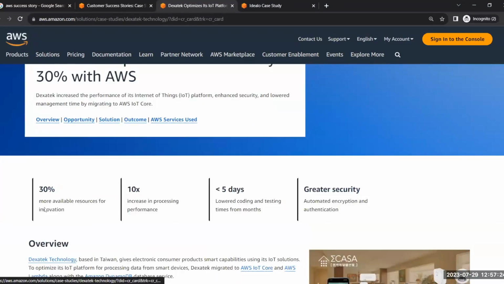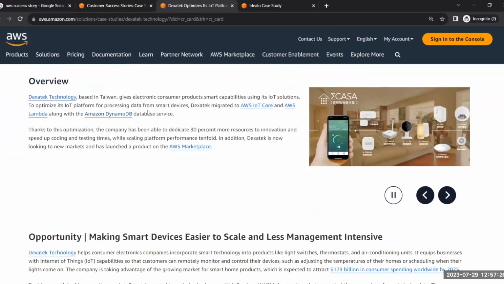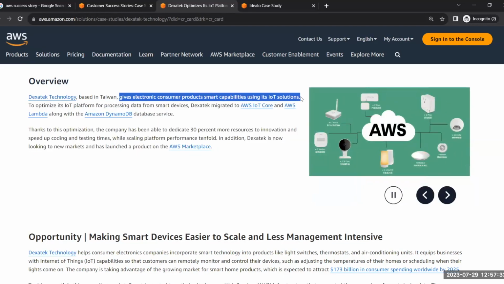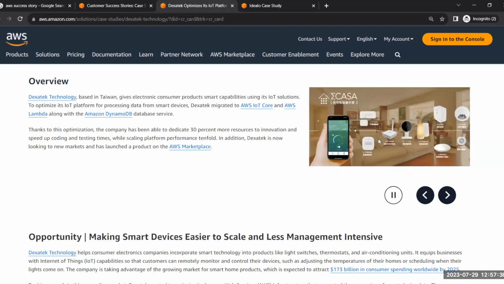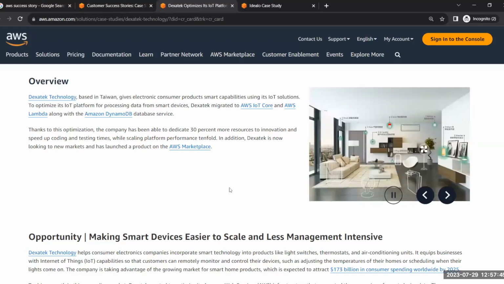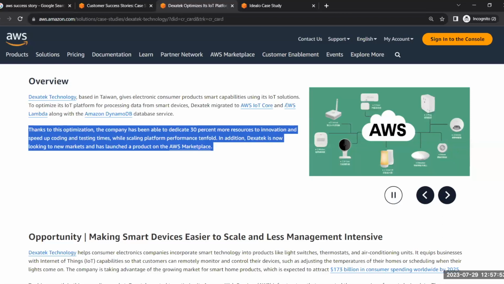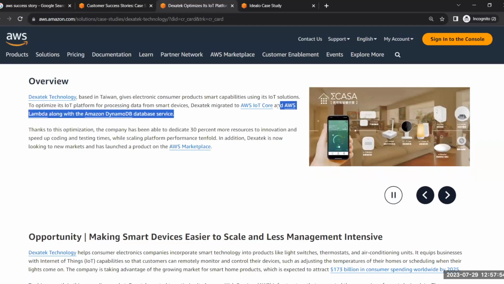Okay, the overview of the project. So this is my client, what my client does. So here are two things. There are thousands of projects, and you will have to read through what each project is saying, what story they are telling. Here, they are more dedicated to Lambda and DynamoDB. These are the major services that they have used to solve their problem.